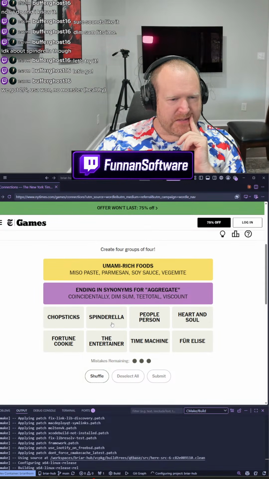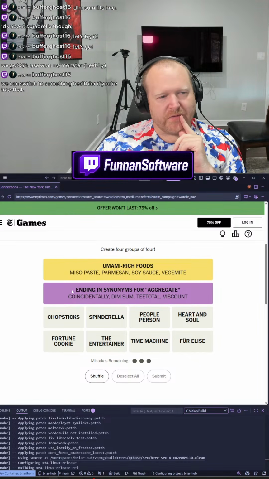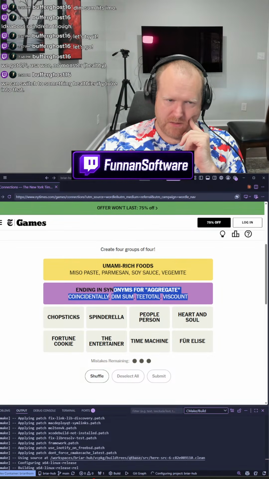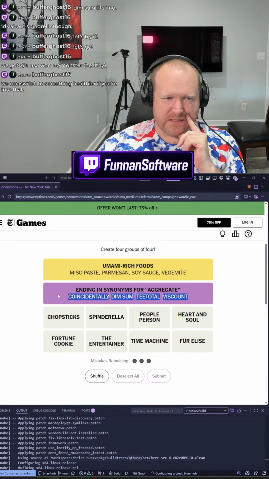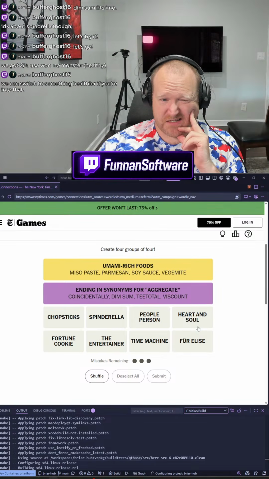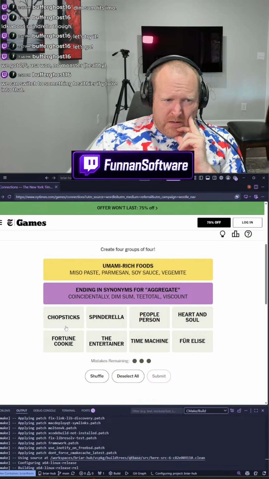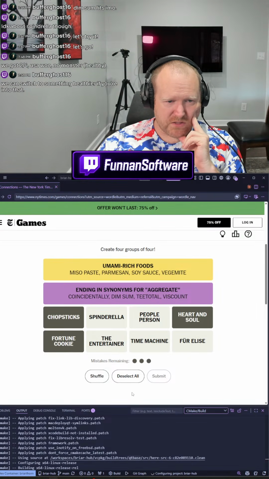Okay. This is rough. This is tough. So the other thing about this game, I think the color purple means it's one of the more difficult ones. So we got a difficult one out of the way, which means these should be easier. Chopsticks, fortune cookie, heart and soul.